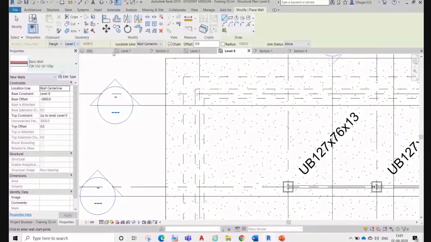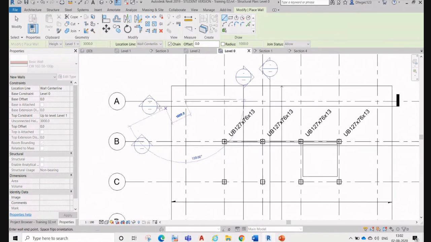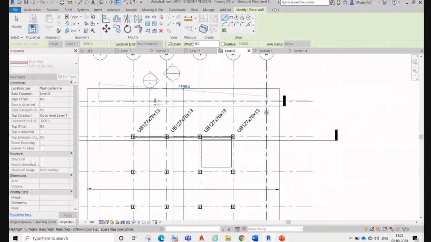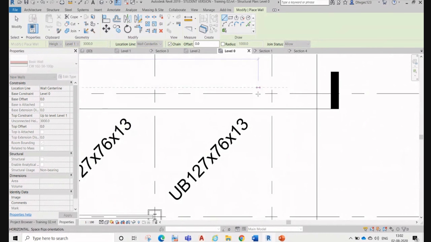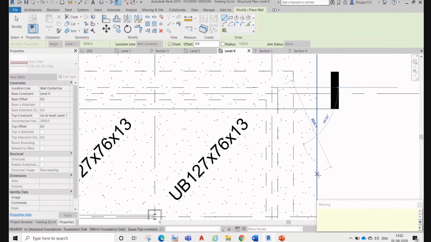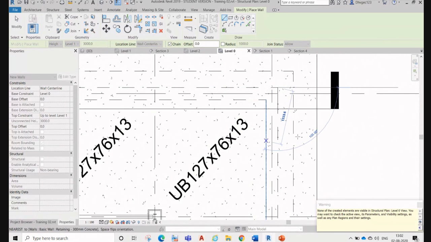On ground floor, to level 1. Why is it not visible?